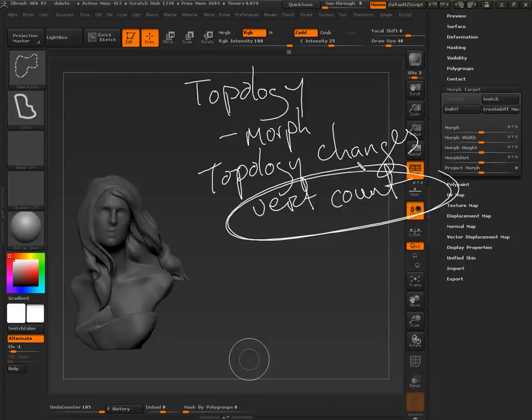Because morph is very powerful. It's really, really powerful. In fact, let me show you something, in case you haven't seen it, because I think sometimes people don't get a chance to see this often enough. I'm looking for the file right now. Where did I put delete and delete new?